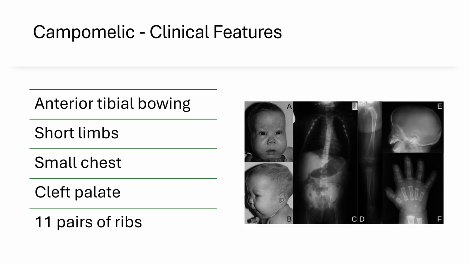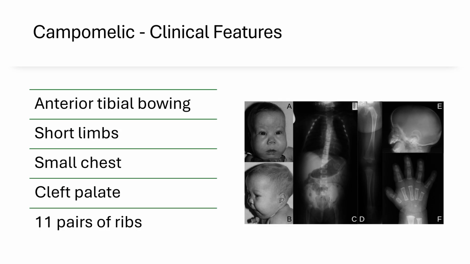Now, let's examine the small chest, which creates the most serious clinical problems. Picture how the abnormal rib development creates a thoracic cavity that's too small to accommodate normal lung expansion. This isn't just a matter of the chest appearing small, it's functionally inadequate for supporting the respiratory demands of a growing infant. The cleft palate adds another layer of complexity because it can compound the breathing and feeding difficulties these